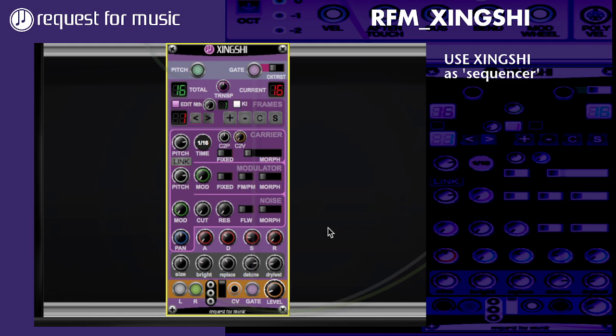So now I've got this, and it's not being driven by the keyboard at the moment, so I can do all kinds of stuff to use this as a standard sequencer, sort of. So that means that if I'm in edit nth, I'm at my first frame,